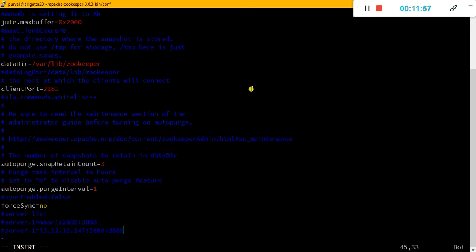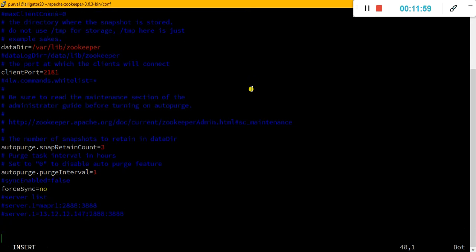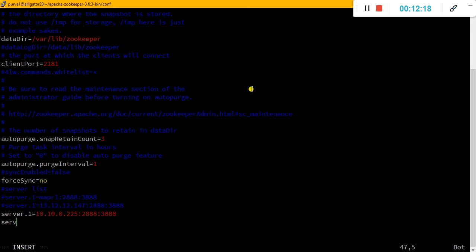We'll simply comment this out and mention our 3 servers as server.1, 5, and the ports on which they will communicate with each other, server.2,